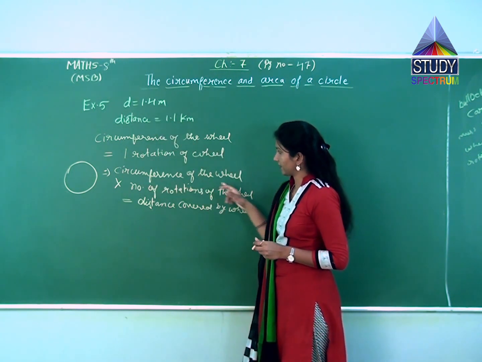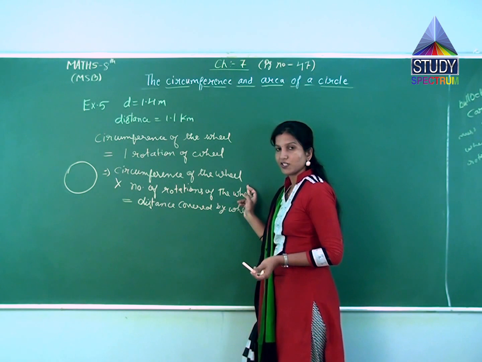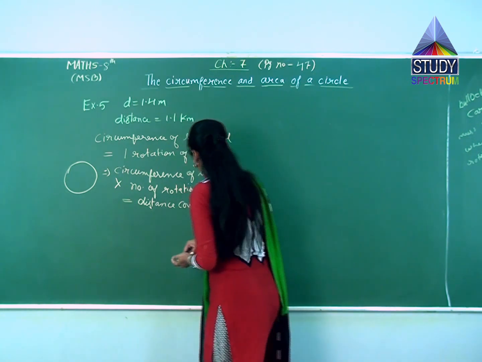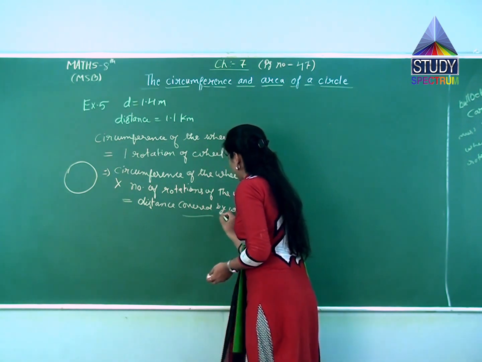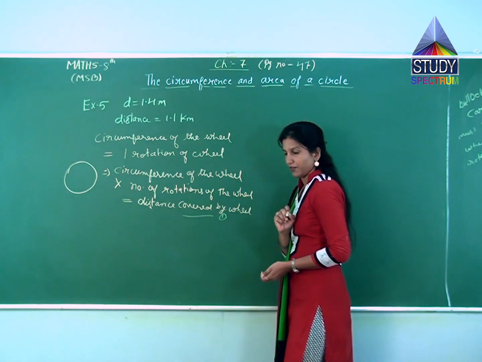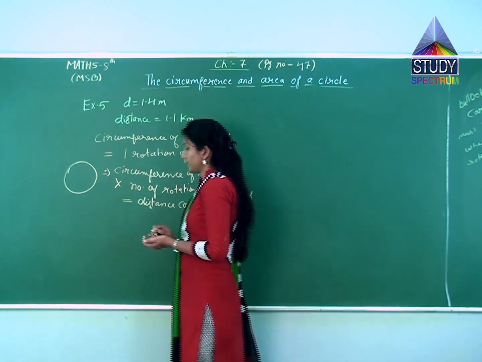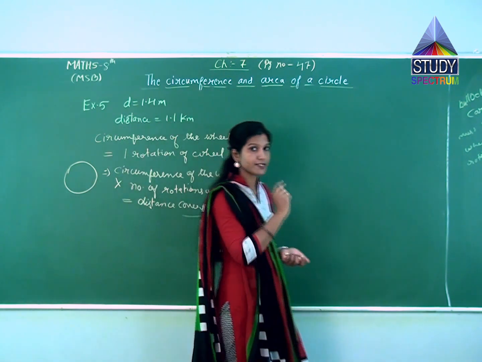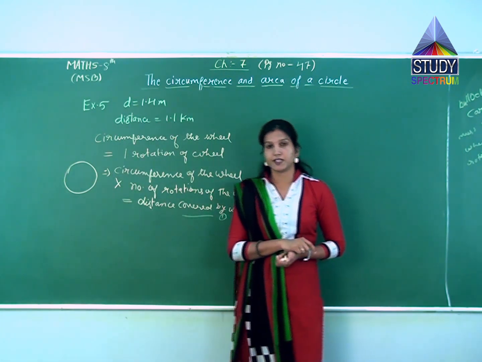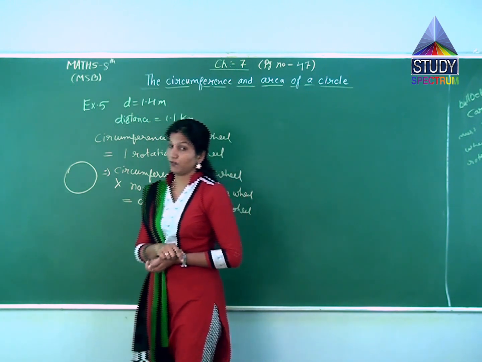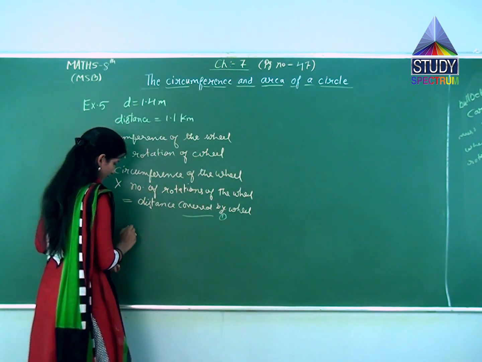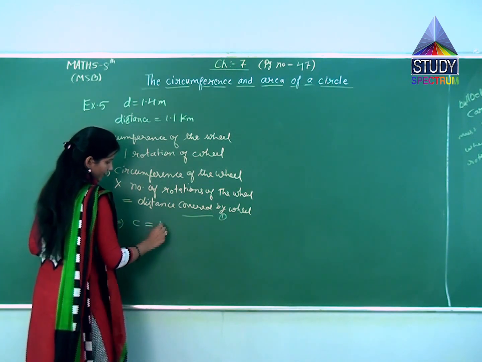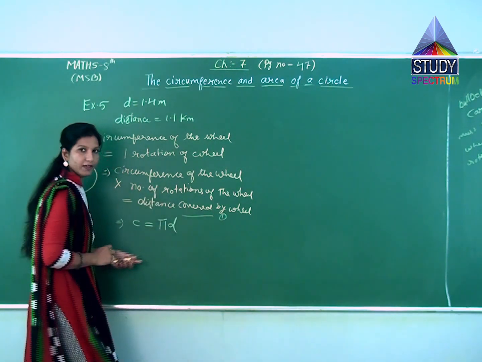But here we have been given the distance and the diameter. We haven't been given the circumference of the wheel. So let us first find out the circumference of the wheel. And we can name this equation as equation number 1. Now, for the circumference of the wheel, which formula would we apply here? Because the diameter is given, we will apply C is equal to pi d. So in the next step, for the circumference, we will apply the formula C is equal to pi d.